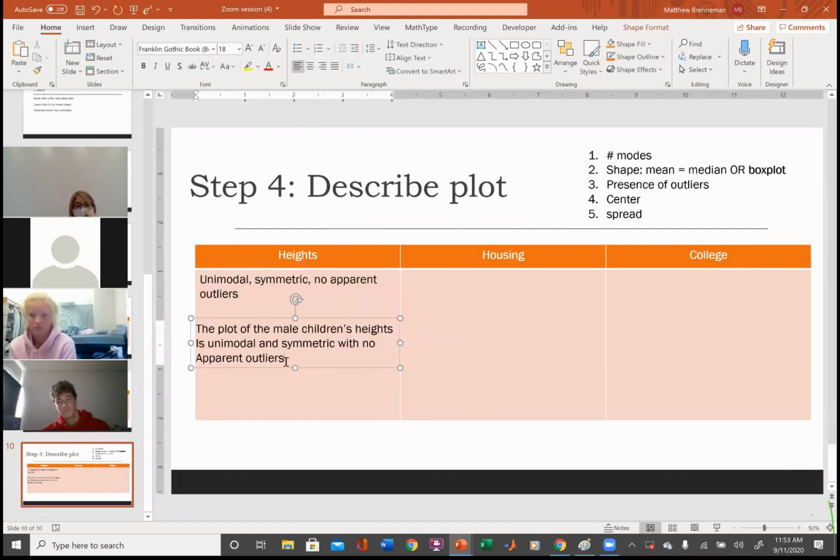Okay. So now I can say, the center of the data set was given by the mean, which is, and what do we say, 69.2, I think? Go back and check really quick.